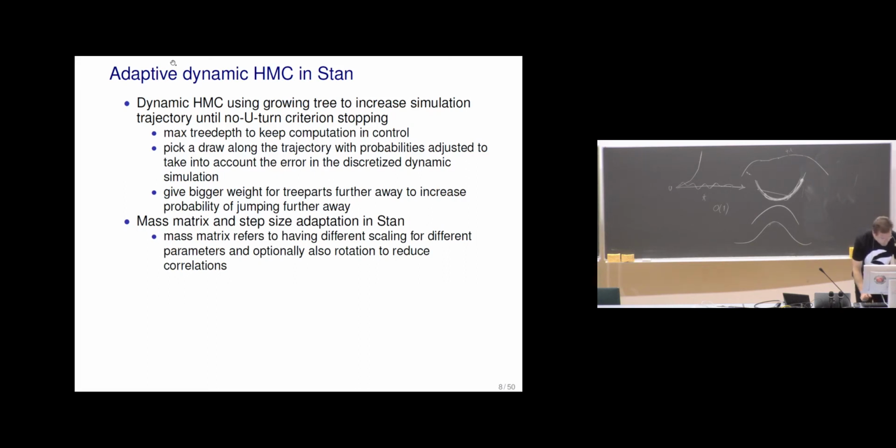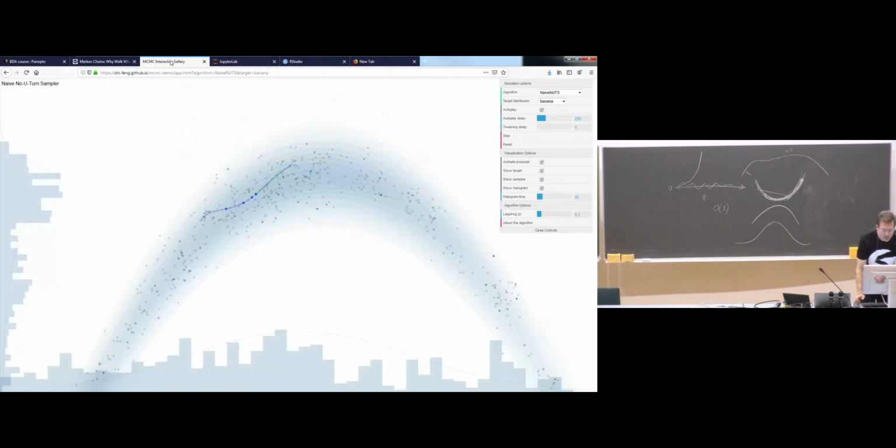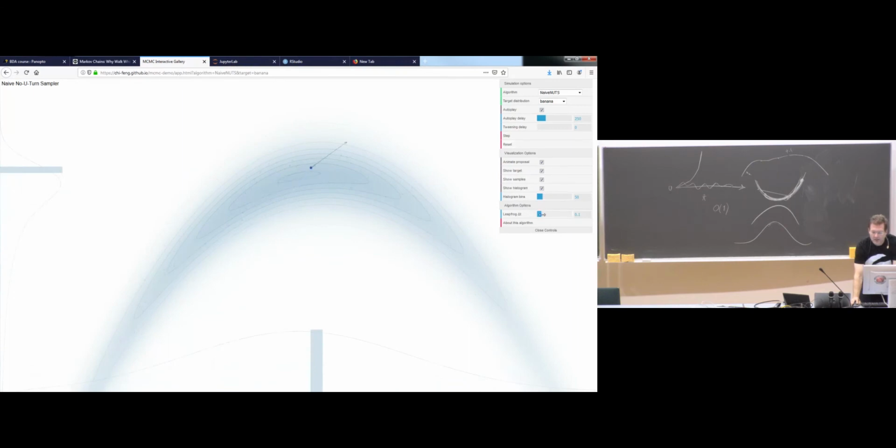I'll show you again a bit of these animations so that you can see the effect of step size. So now you can see small step size, very smooth, but we have a lot of these dots, so it's making a lot of evaluations, and then we can make the step size bigger.